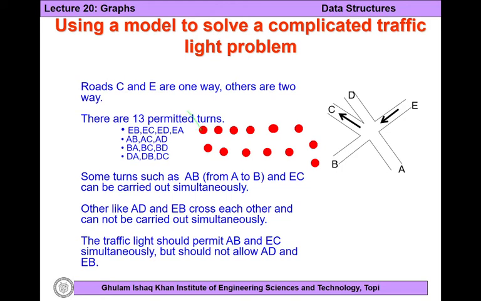Each node will represent one turn. For example, this node represents this turn, this node represents this turn, and this node may represent this turn. For your convenience, you can put the label inside it. You can write A, D, so on and so forth, right? So once you have these 13 nodes,